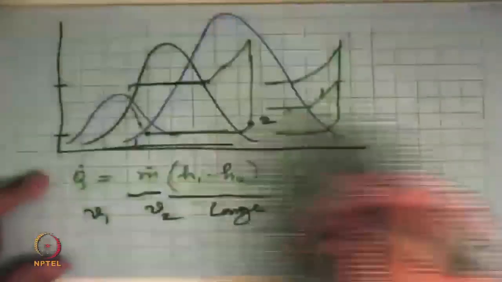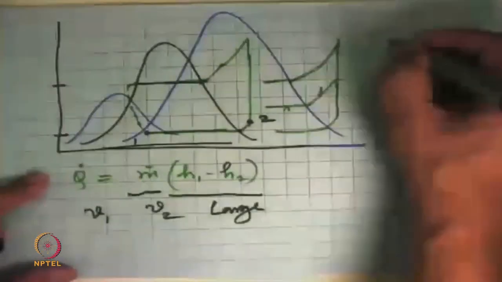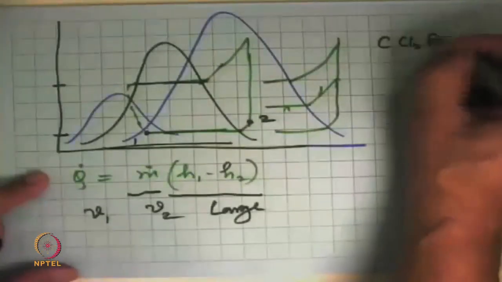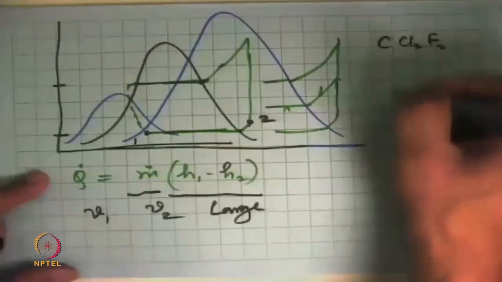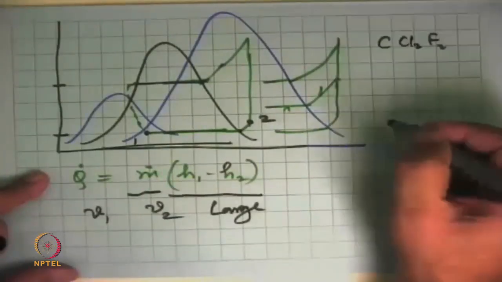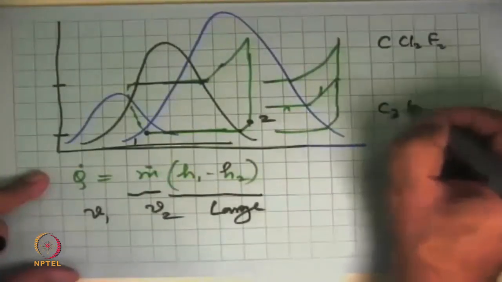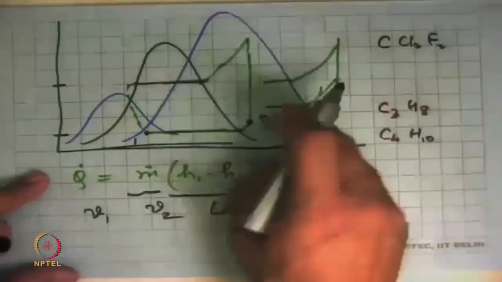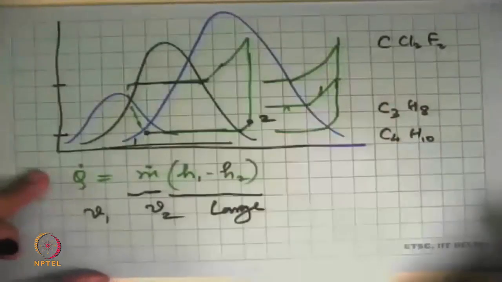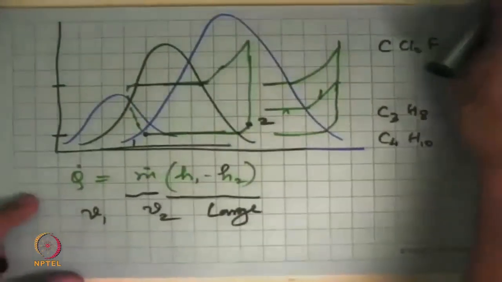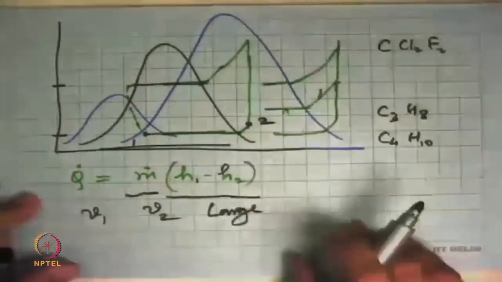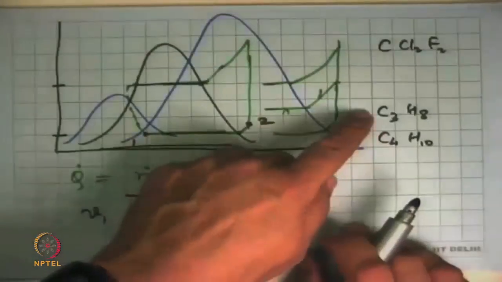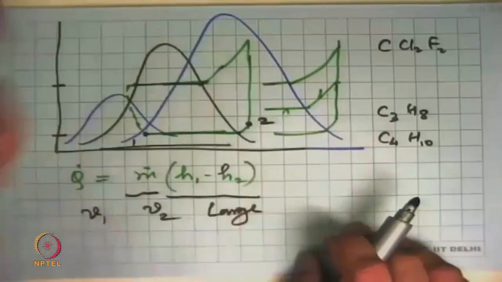Then coming to all the other substances which are possible, we said that we had all these CCl2F2, CClHF2, all these types of families. But why did they come about? Because the properties of C3H8 and C4H10, these are also very suitable as refrigerants. And initially when ozone layer depletion came as a problem, you had to replace R12, and some of the things that were talked of were propane, butane, or mixtures of propane and butane.